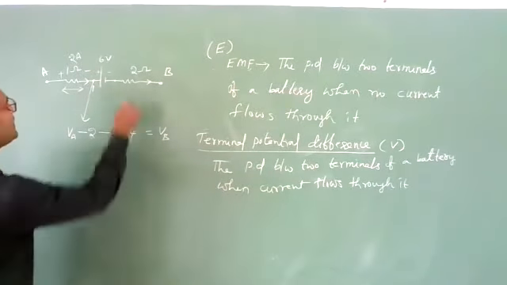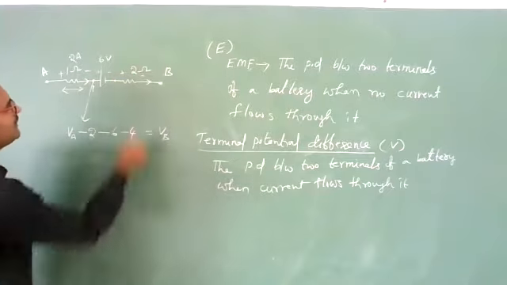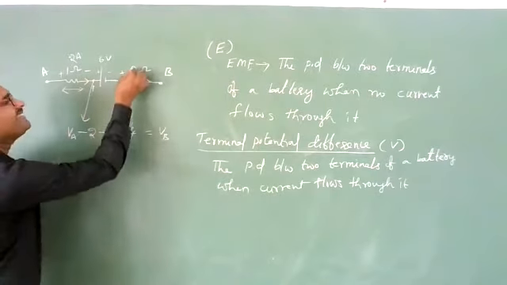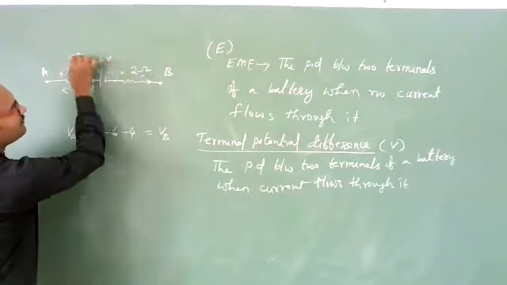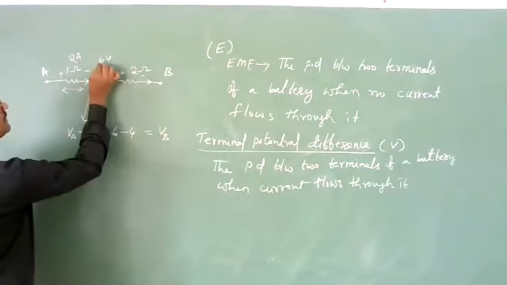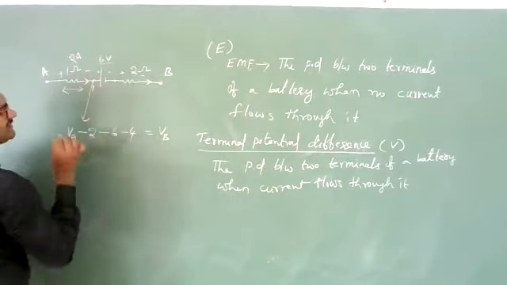Okay? Here plus is there, here minus is there again. Here the voltage drop is there: IR, where I is 2 ampere and resistance is 2 ohm, so IR is 2 times 2, 4 volts are written. Here the battery voltage is 6 volts, that's 6 I have written here.